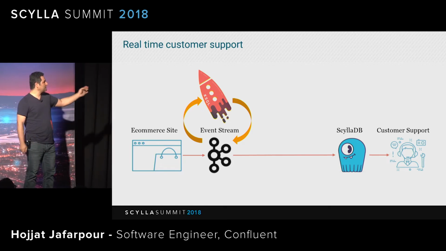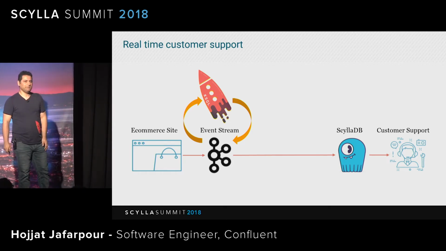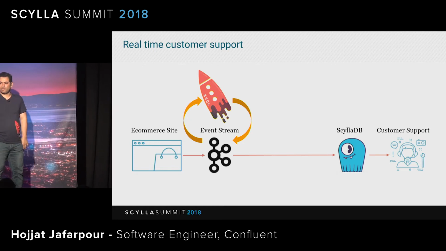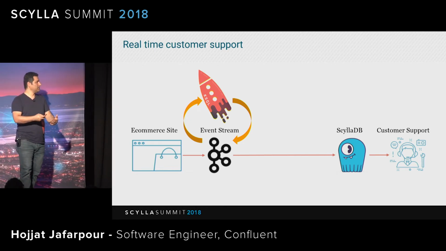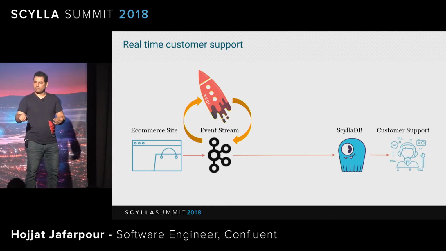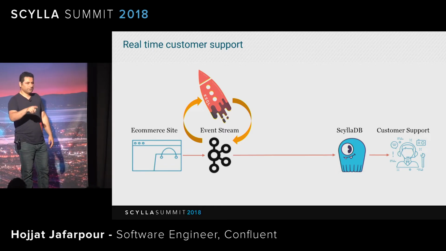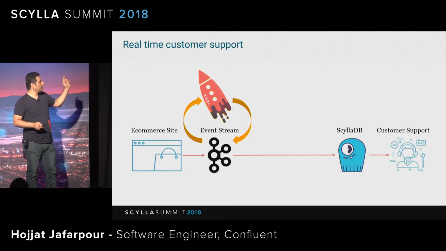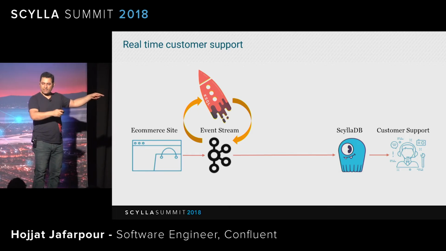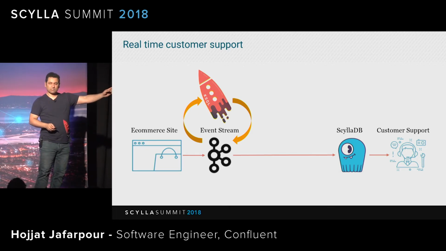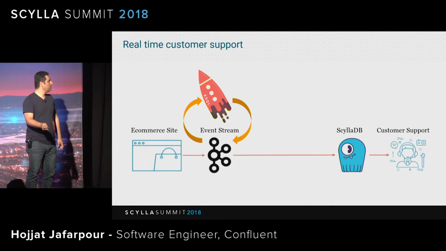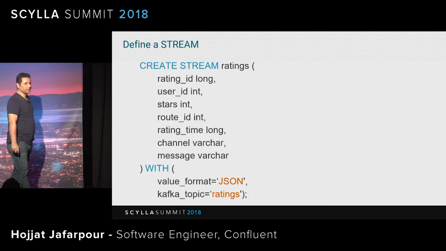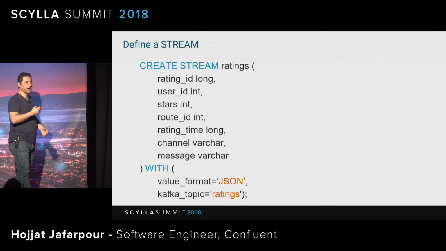So here we ingest data from an e-commerce site. Let's say we have a rating topic: anytime users interact with your system, they are going to be rating the experience that they had, say 2-star, 3-star, or something. And that goes to the Kafka topic. Then we want to make sure that our customer support can react to a specific set of events that we define. OK, so the first step is going to be defining a schema